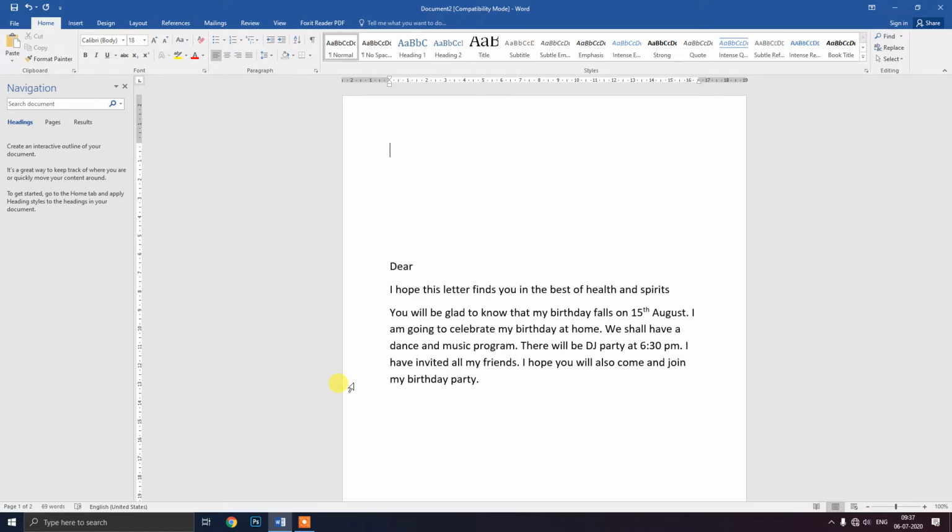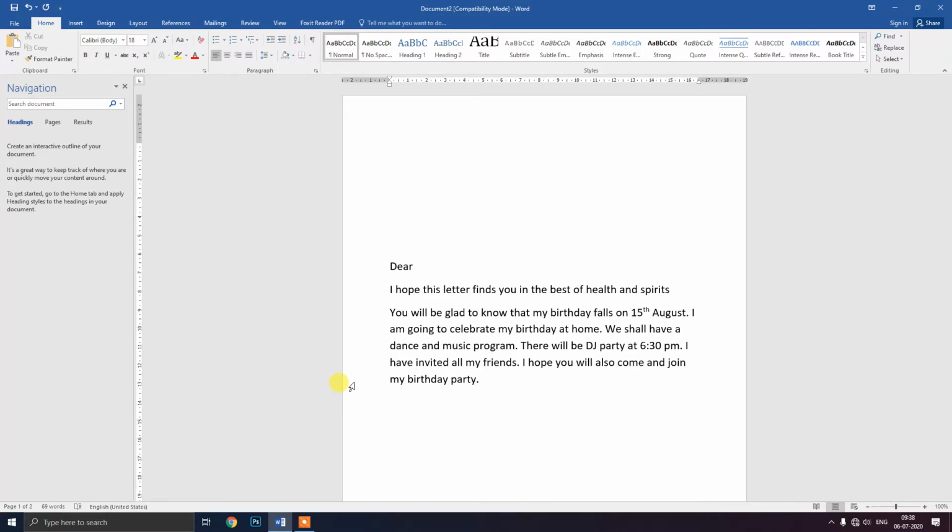So to simplify this, the process of mail merging is there in MS Word. The mail merge feature is used to send the same letter to a large number of people at the same time. Mail merge means merging two files. Now what are those two files? Those two files are a main document and the data source.